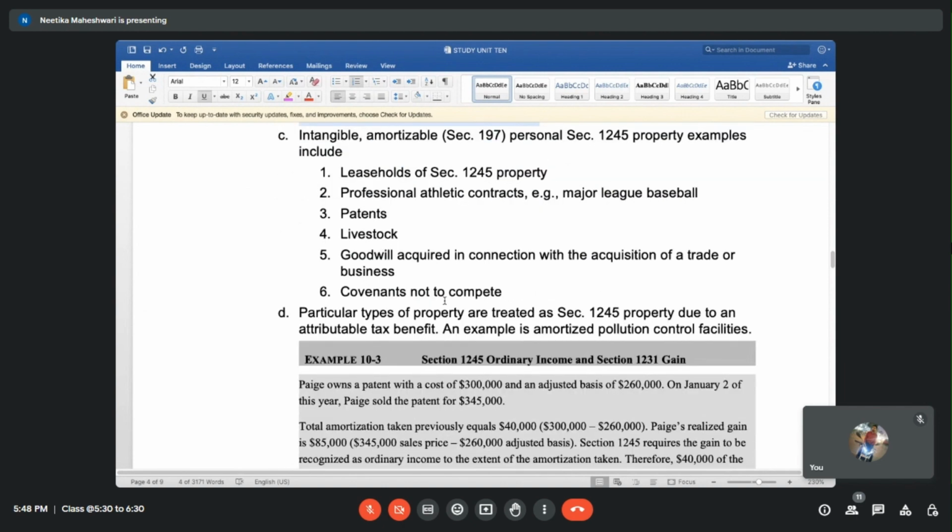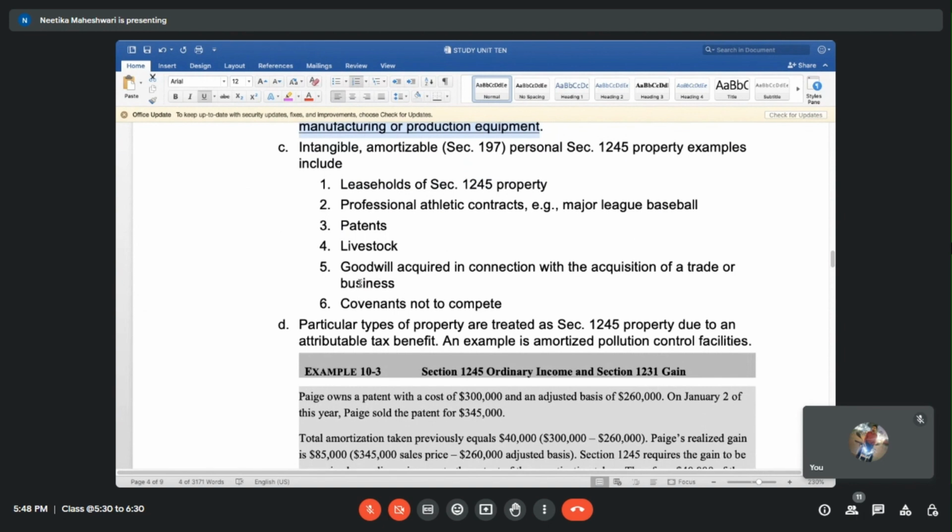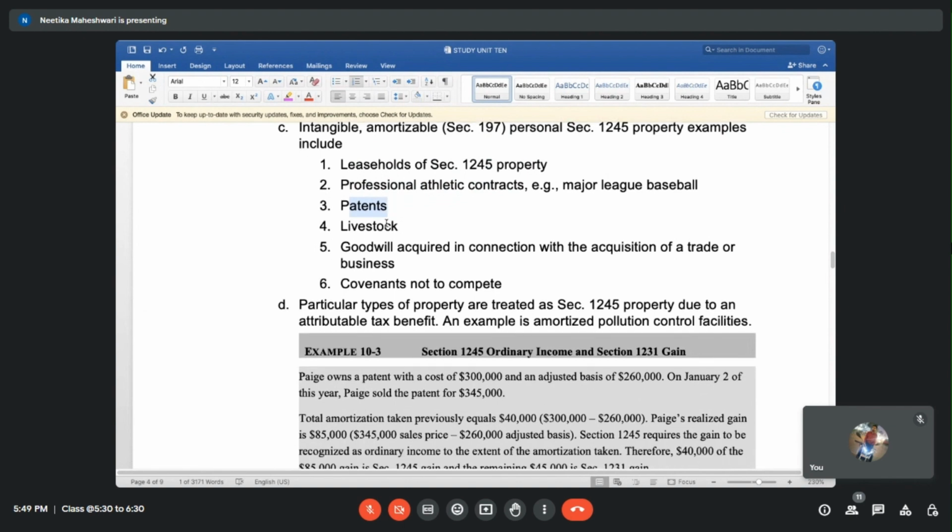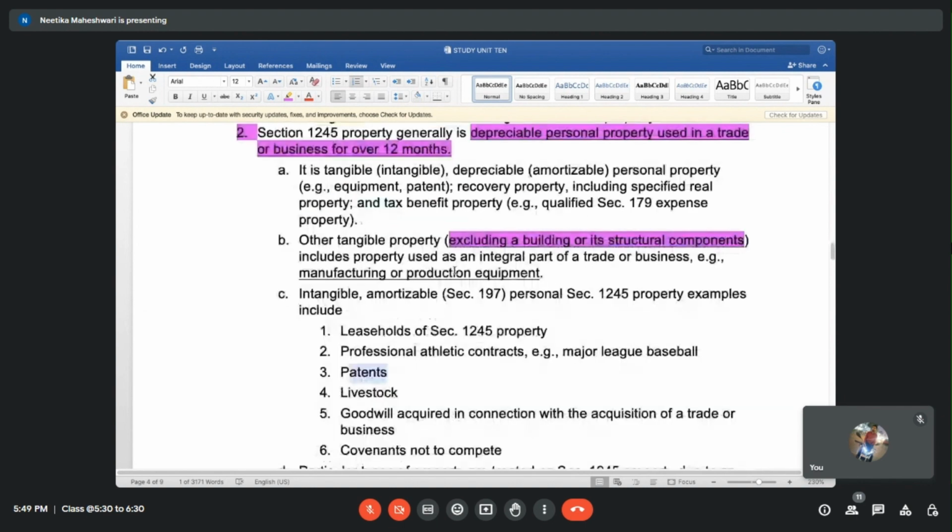Okay, so even goodwill, patents, livestock, any contracts would also have a value. It's not like they're sitting on the paper and they don't have any value. The contracts may have a big value. Patents, we don't see any patents, but again, that's on the paper that some right has been given to your company that, okay, you can only manufacture that kind of product or use the technology. So again, these are all intangibles, but they will all fall under 1245. Okay, so we'll go through one of the examples